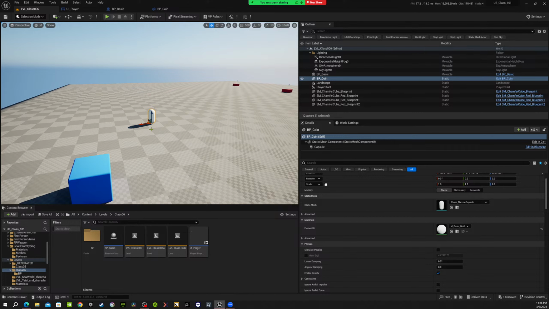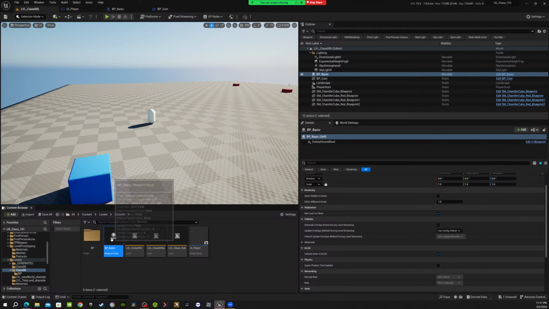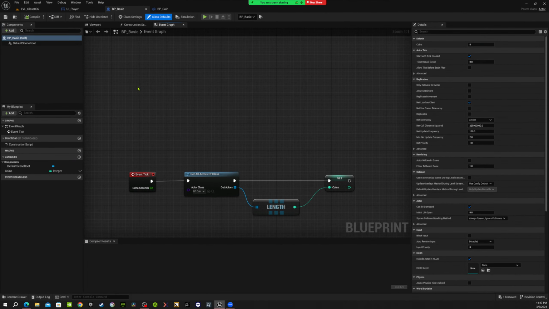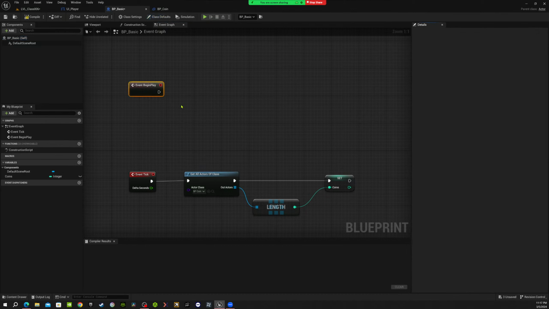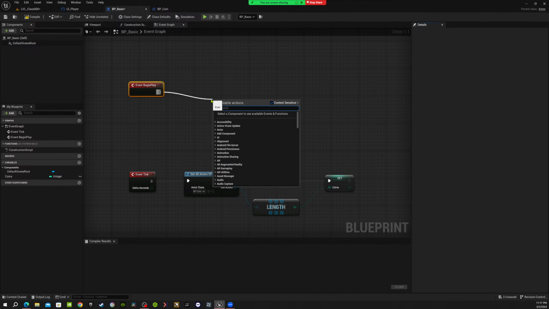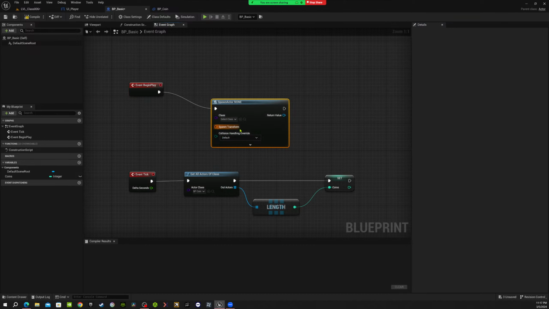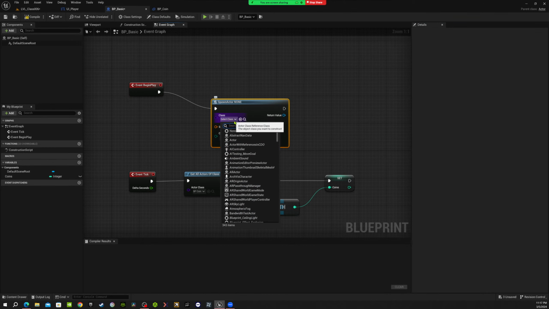We spawn the first one. We can maybe do it in the basic blueprint, and then event begin play,